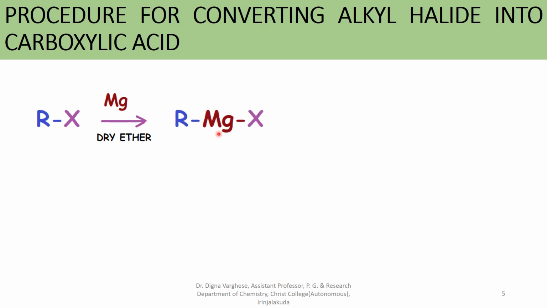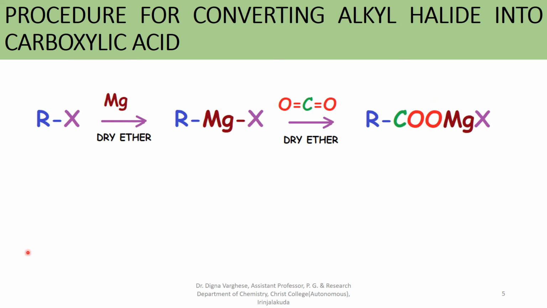This is the first step in the conversion of alkyl halide into carboxylic acid. In step 2, the alkyl magnesium halide, that is the Grignard reagent, reacts with solid carbon dioxide, that is dry ice, in dry ether medium to form an adduct,